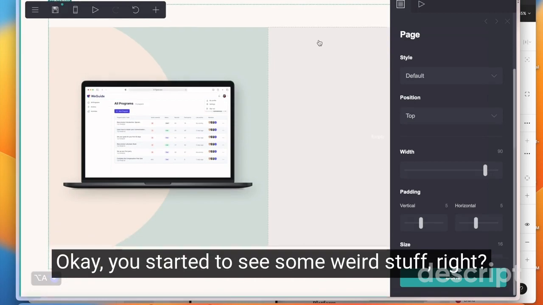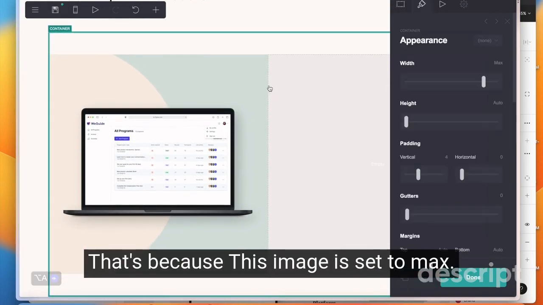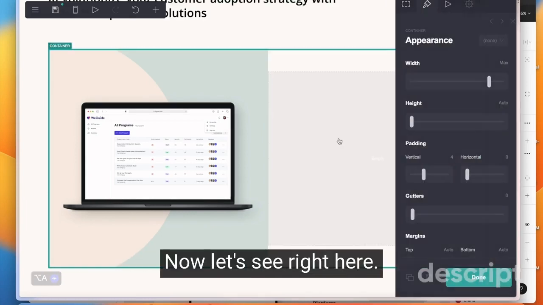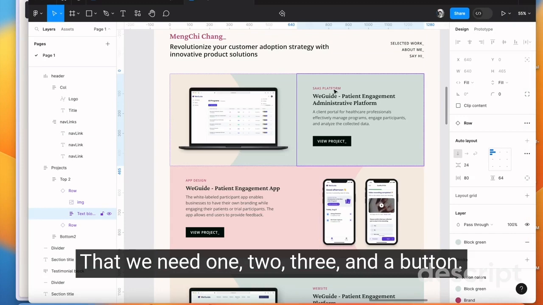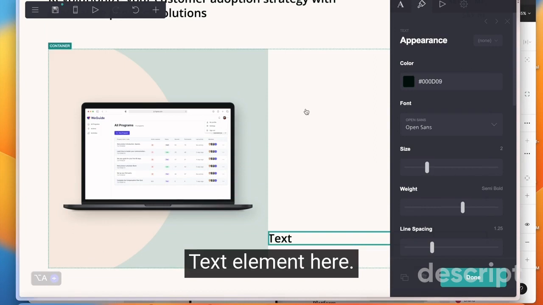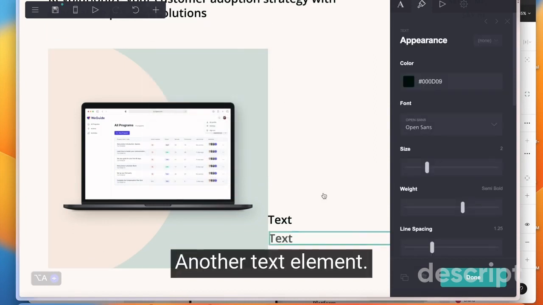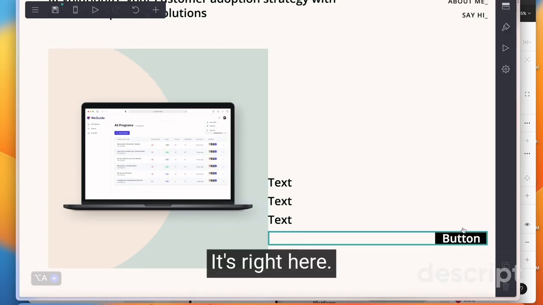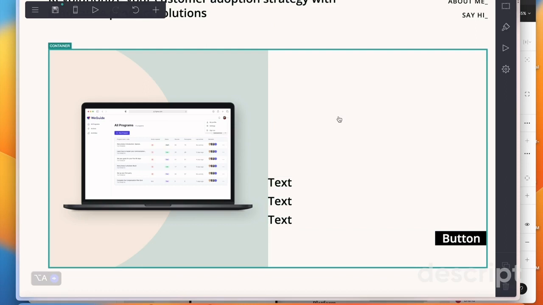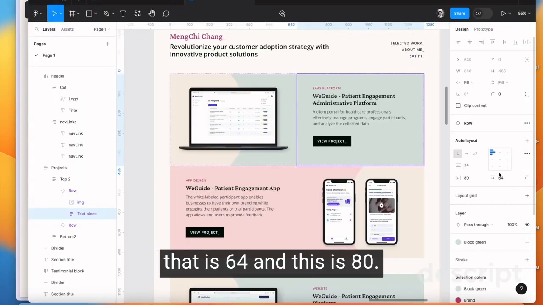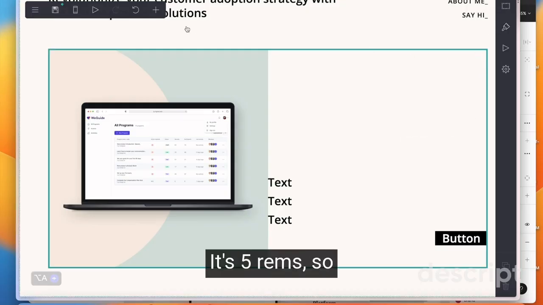Okay, you started to see some weird stuff, right? That's because this image is set to max. Let's try to add, let's see right here that we need 1, 2, 3 and a button. Text element here, another text element, or you could just duplicate, and then we need a button. It's right here. We will change it later. But now we have vertical padding that is 64 and this is 80. 80 padding, it's 5 rem, so